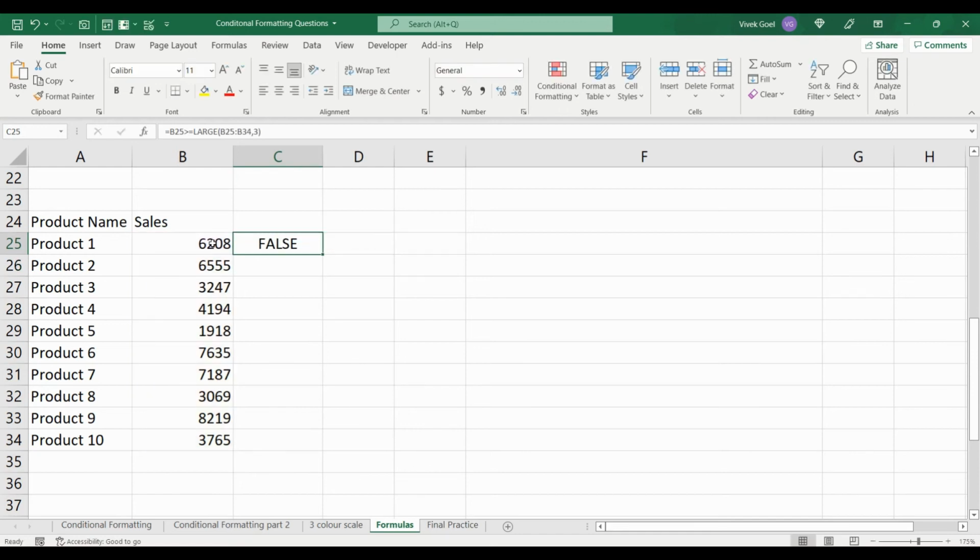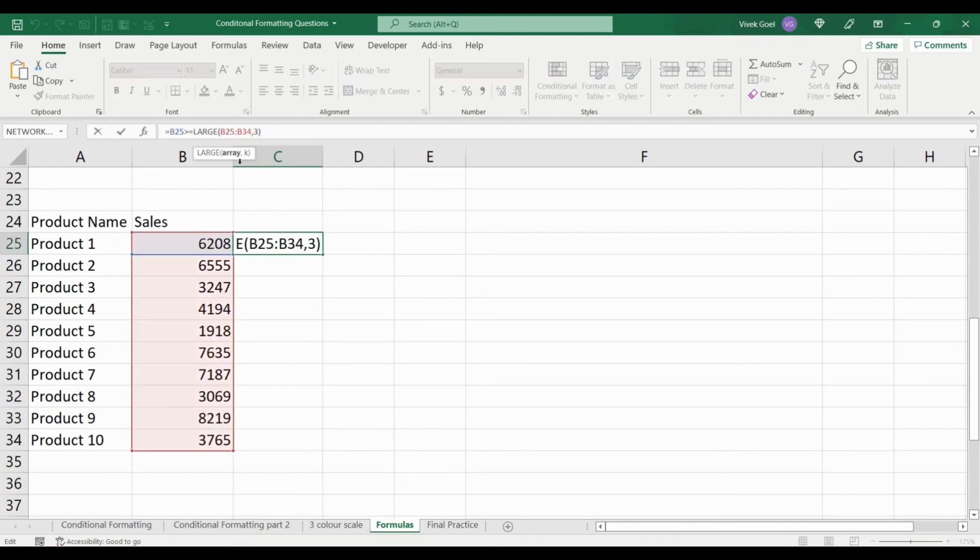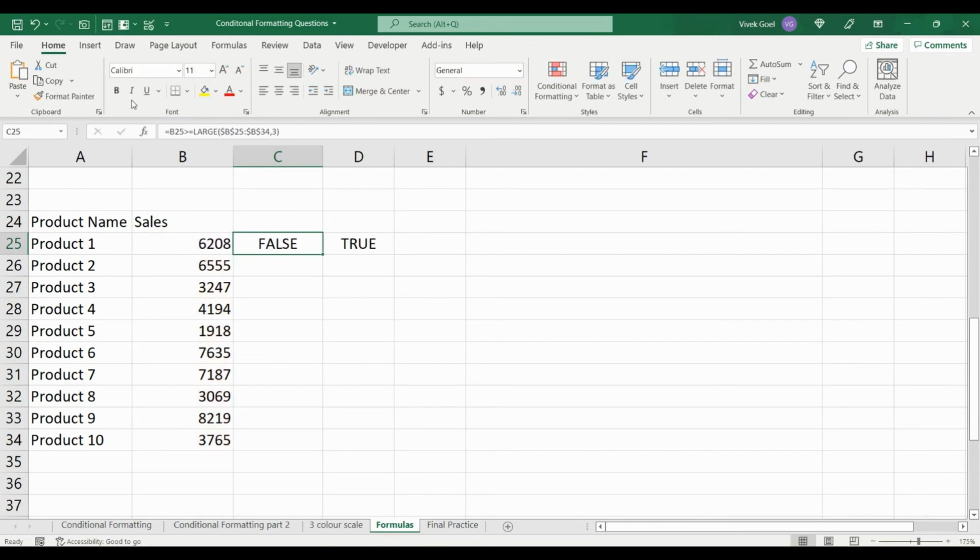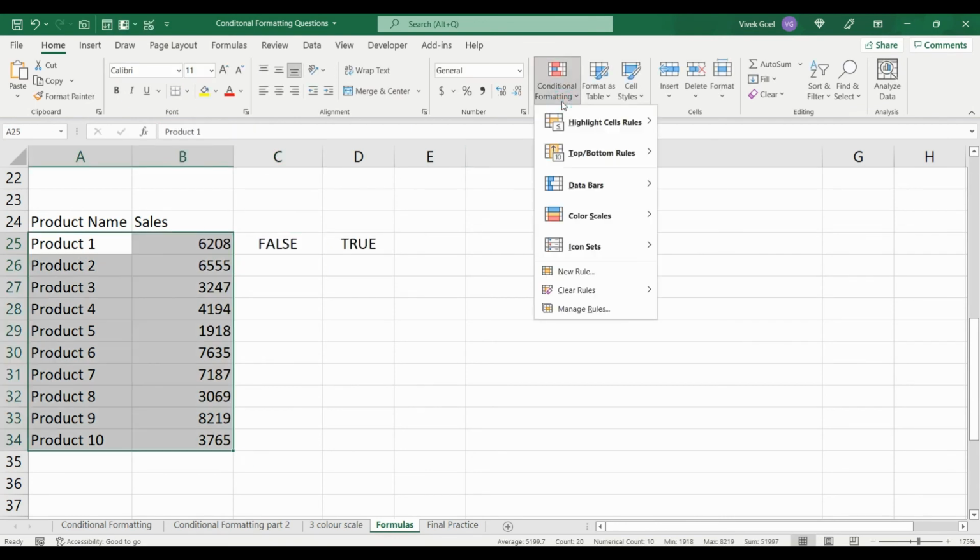We need to make sure that our range does not change when we copy our formula down, so we will make it absolute. Also, we want the column B to stay the same, but the rows should change, so we will implement relative referencing here. Let's do that, and now we get our formula. We will copy it.